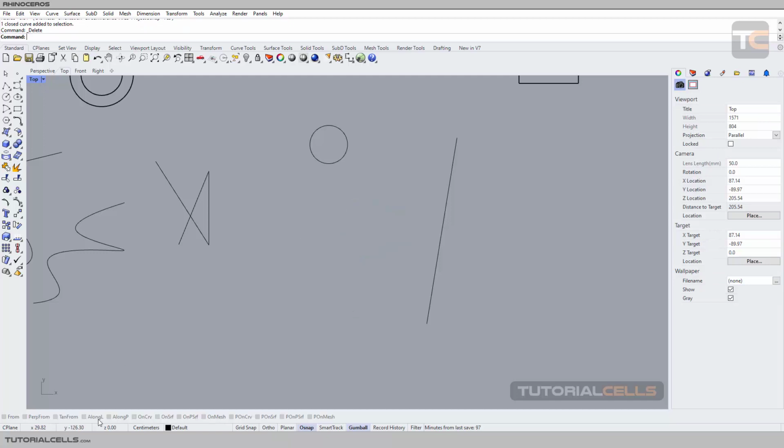Another interesting tool is align parallel. For example, I want to draw a circle aligned to its center, and parallel to this line. So select your command, hold control and click align parallel. First, it tells you please show me the line that I want to move parallel from. Select the end or start of that, and